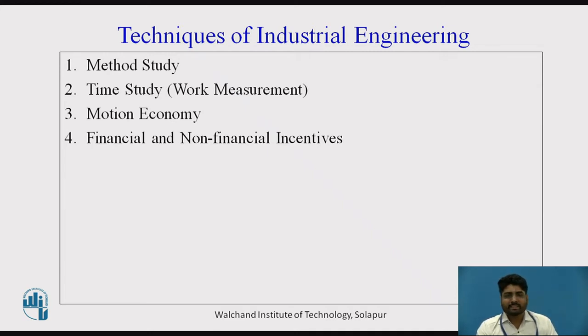Financial incentives, for example, can be the pay and allowance, productivity linked wage incentives, bonus, profit sharing, stock option, and retirement benefits. Non financial incentives can be career advancement opportunities, job enrichment, employee recognition program, job security, employee participation, organizational climate, and employee empowerment. So, these come under the non financial incentives.